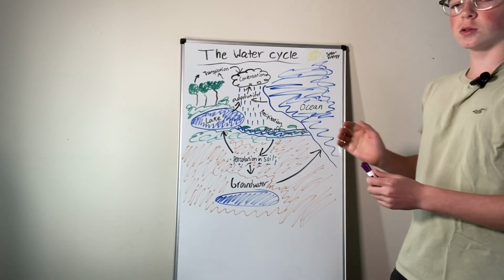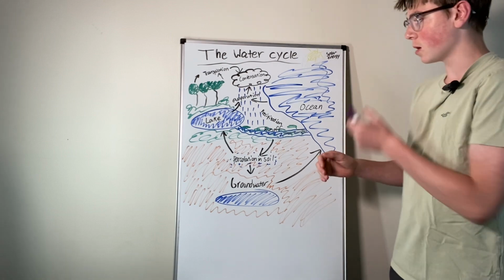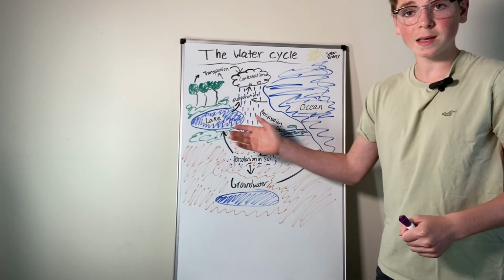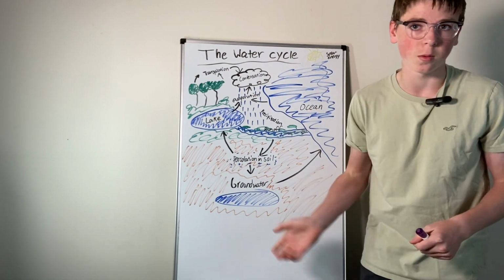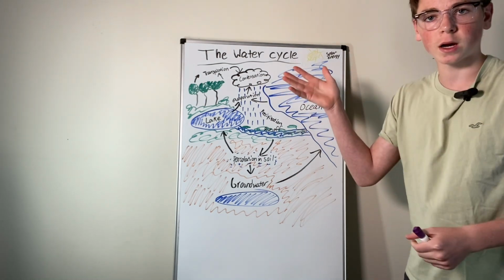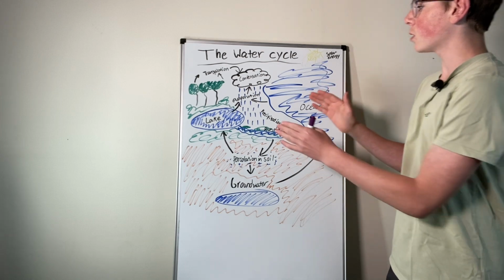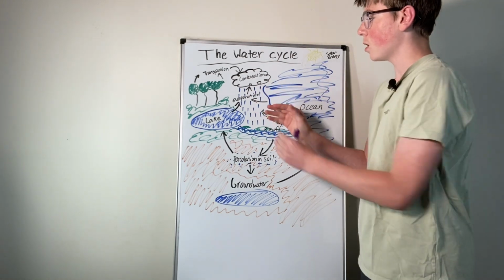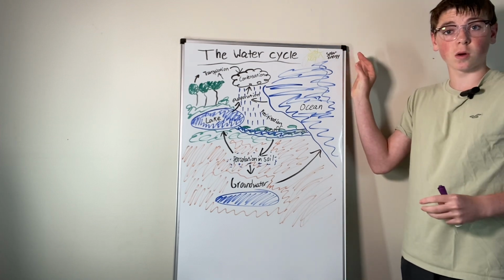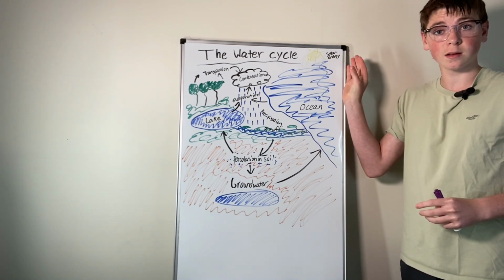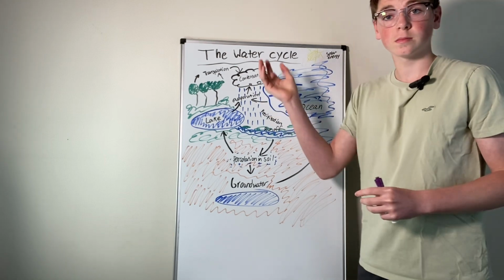Well, it goes through this process called evaporation, which means this water in the lake and in the ocean, even though it's salty, the salt is left behind in the water, just comes up. So it's fresh water coming out of the ocean. It goes through this process called evaporation, where it'll basically be heated up. This water is heated up by solar energy from our sun, and then the water will kind of just go